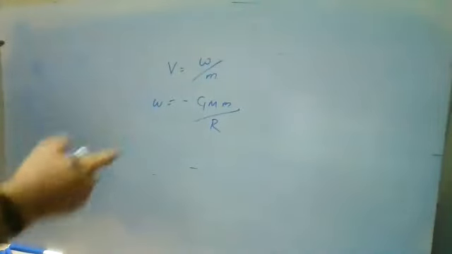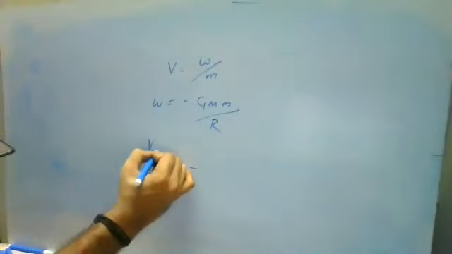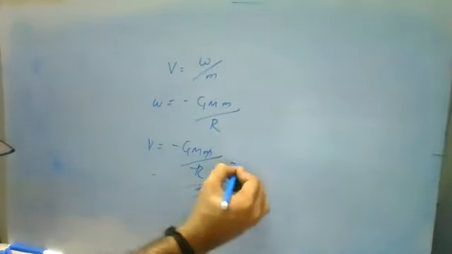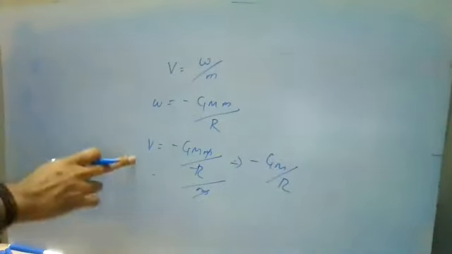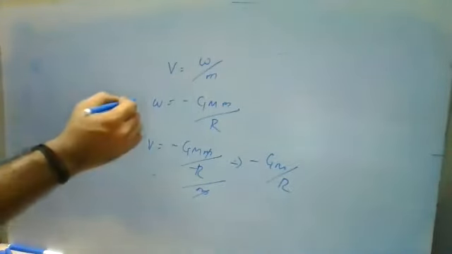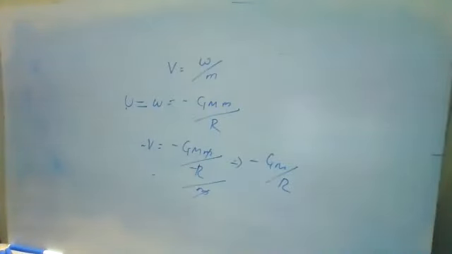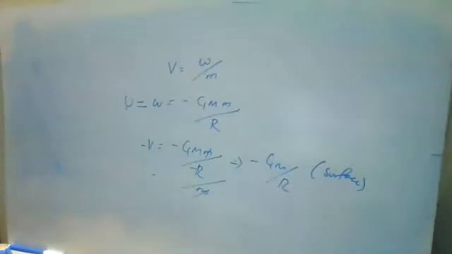We already discussed the work done and the potential energy. So when we take the relation, V is equal to minus G capital M small m by r, divided by small m. Small m will get cancelled. So minus GM by r. When we discuss the potential, V is equal to minus GM by r. When we discuss the potential energy, U is equal to minus GMm by r. Note down the relation: this is potential energy, and this is potential. So note that this is the potential at the surface. Clear?